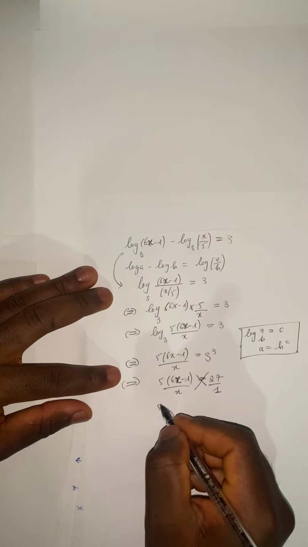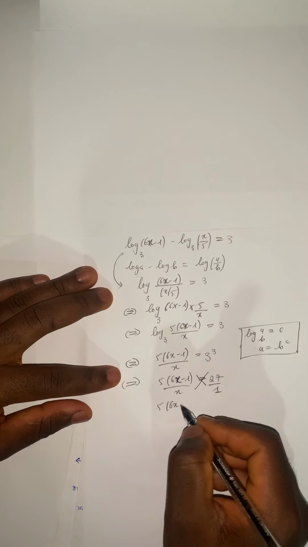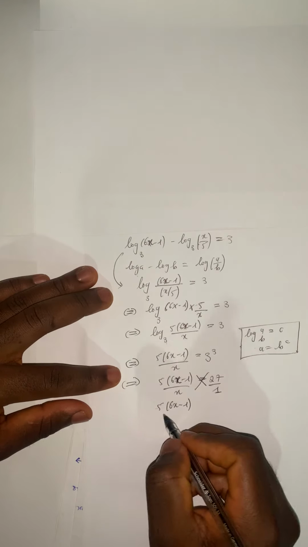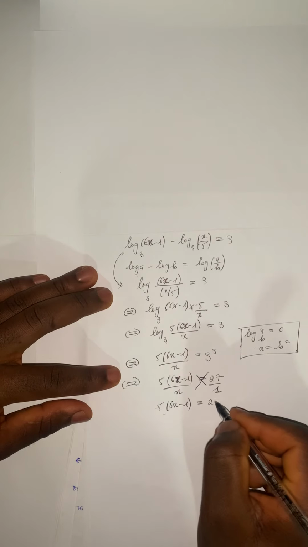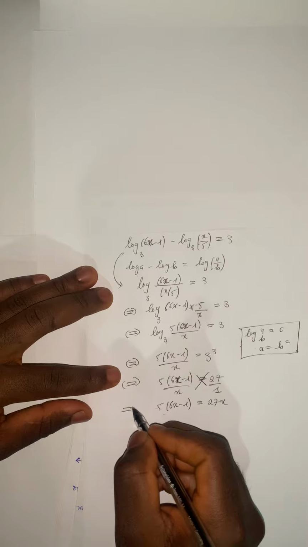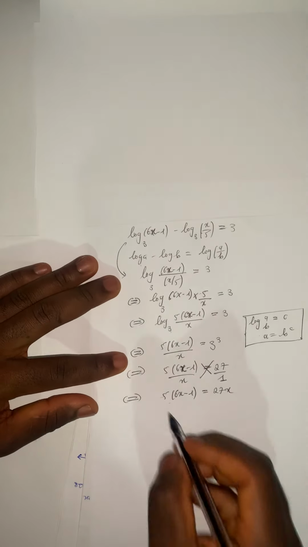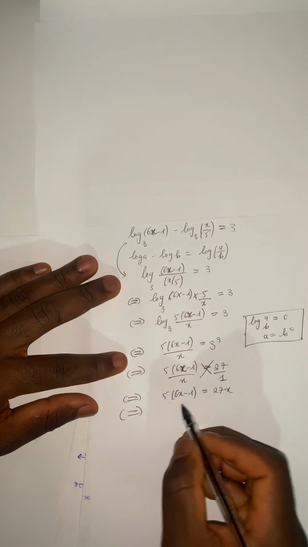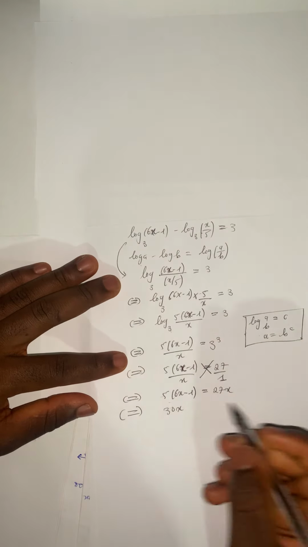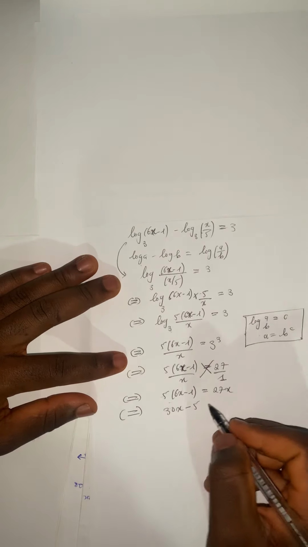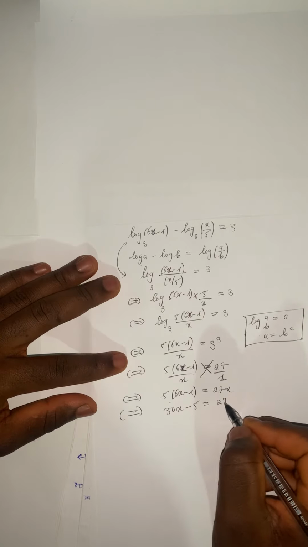We get 5 times (6x minus 1) equals 27 times x, which is 27x. And this is equivalent to, we can multiply the bracket here, we get 30x minus 5 to be equal to